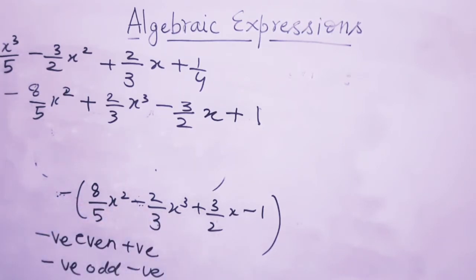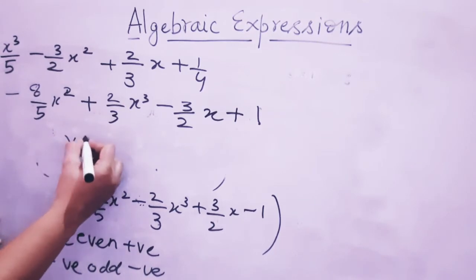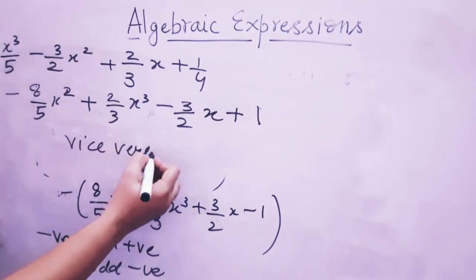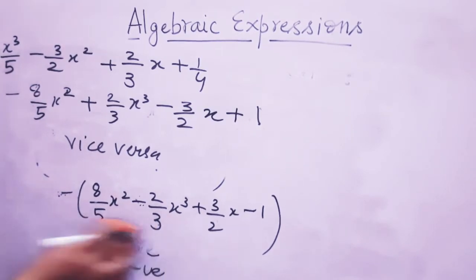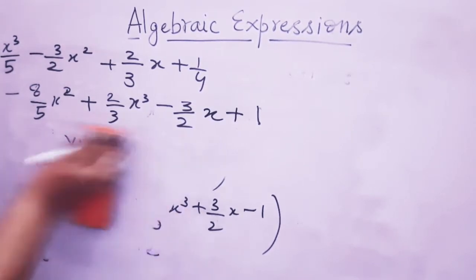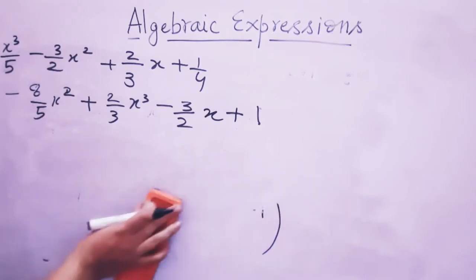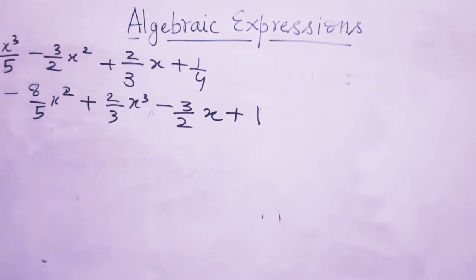But once there was a negative sign, there is a change in the signs of the terms of the algebraic expression. What was positive became negative, and what was negative became positive, vice versa. The positive has become negative, negative has become positive. Okay, because before the bracket there was a negative sign given over here. So now I have opened the bracket. Now what will be the next step? The next step is to collect all the like terms together and add them.